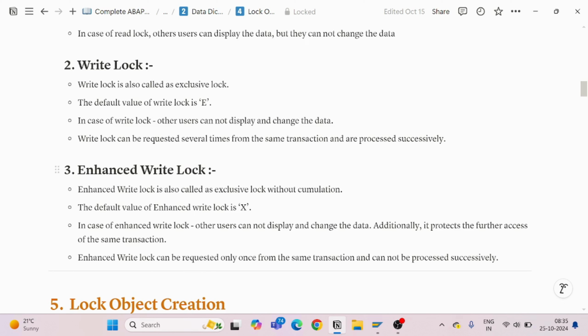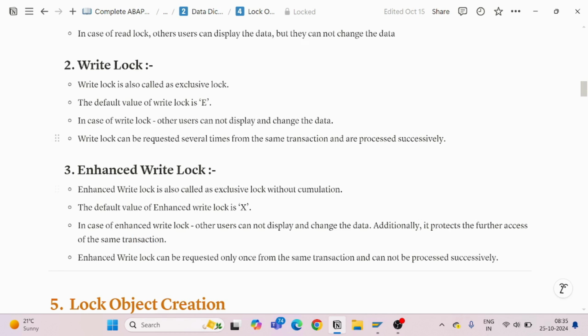They are the same, nothing is different between them, but there is only a single difference. In case of enhanced write log, other users will also not be able to display and change the data. Additionally, it further protects the access of the same transaction code. You cannot access the same transaction code again once you have accessed it.